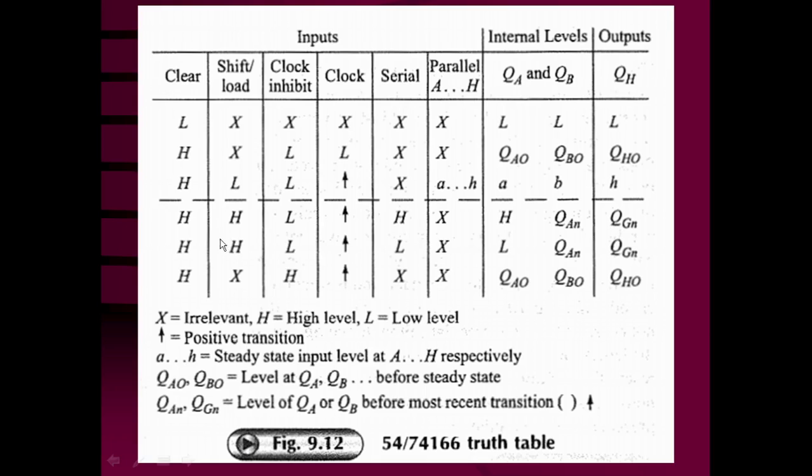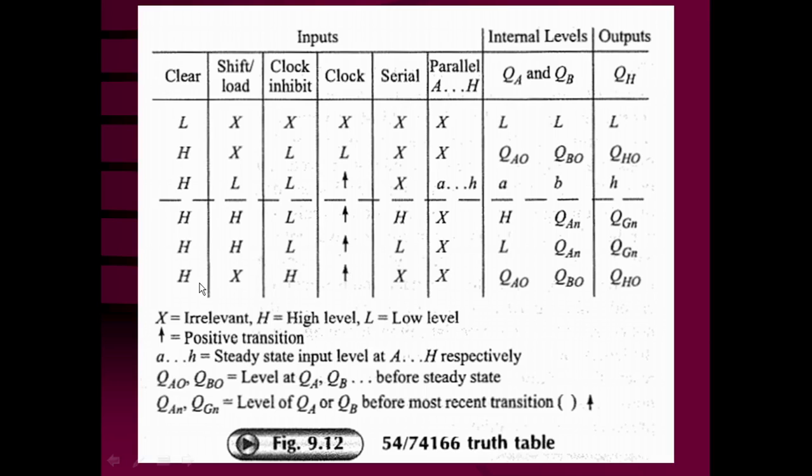Similarly, you can see the same thing here, but the serial data input is going to be low now. That means the data is going to be 0. On the positive transition of the clock, the clock inhibit is going to be low, so the clock is going to be inverted and available to all the flip-flops simultaneously, and data will be shifted in serial fashion. The serial data input, that is going to be 0, will be shifted into the first flip-flop QA, and the output of QA will be shifted to the next flip-flop QB, and so on.